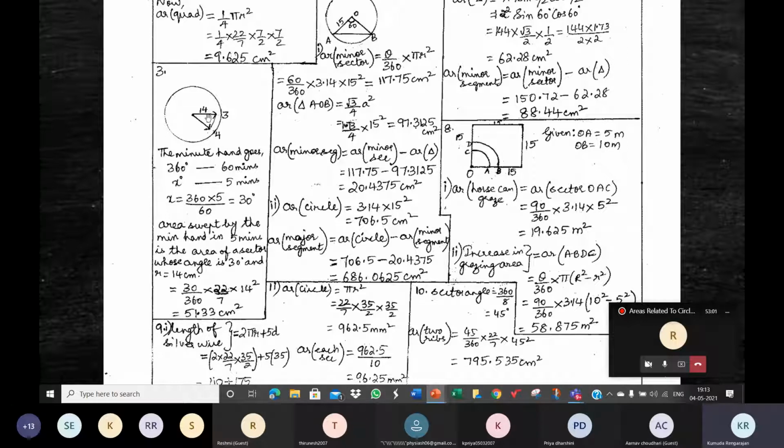You must find the area of the sector. What is the area of the sector? The sector here. So to find the area of the sector, what all do we need? We need the value of theta, the sector angle, that is the angle formed at the center. We need the value of the angle formed at the center, which we don't know.